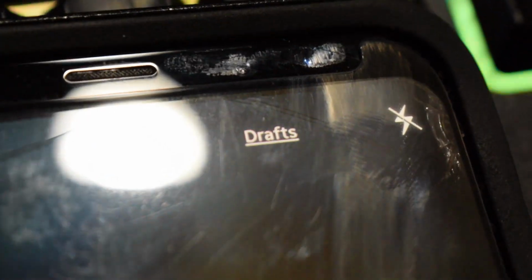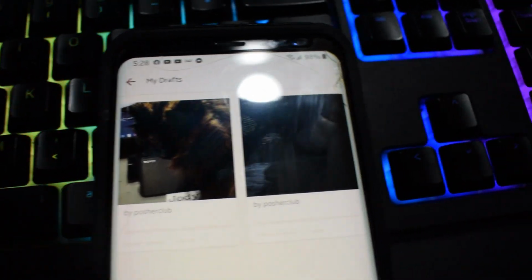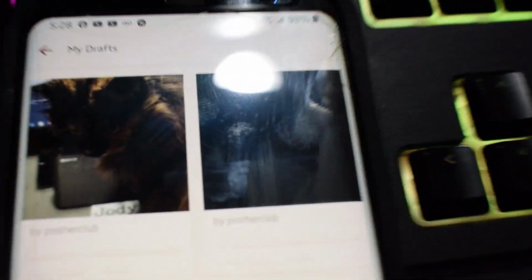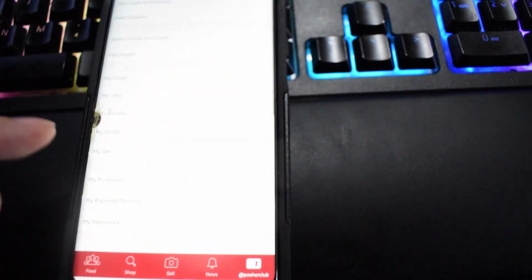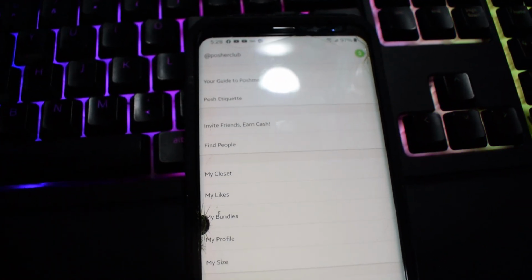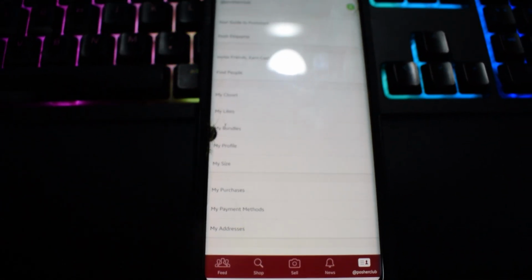I'll zoom in 900 fold. There it is. There's the fingerprints, there's the draft button, there's the flash camera button. Hit the draft button if you know where it is. I'm looking through the camera. There you go. Two drafts, because my camera ran out of space and I had to start over again. I lost a minute of footage that you guys didn't even know about, but now you know because you see the two drafts. So you save the draft, or you can publish the draft, I mean the listing, the item, the posh piece, and make that money